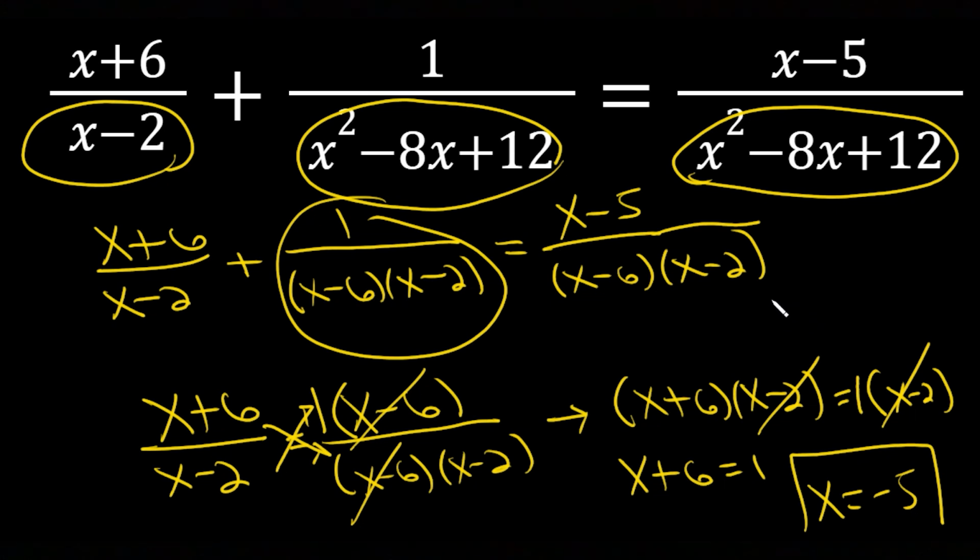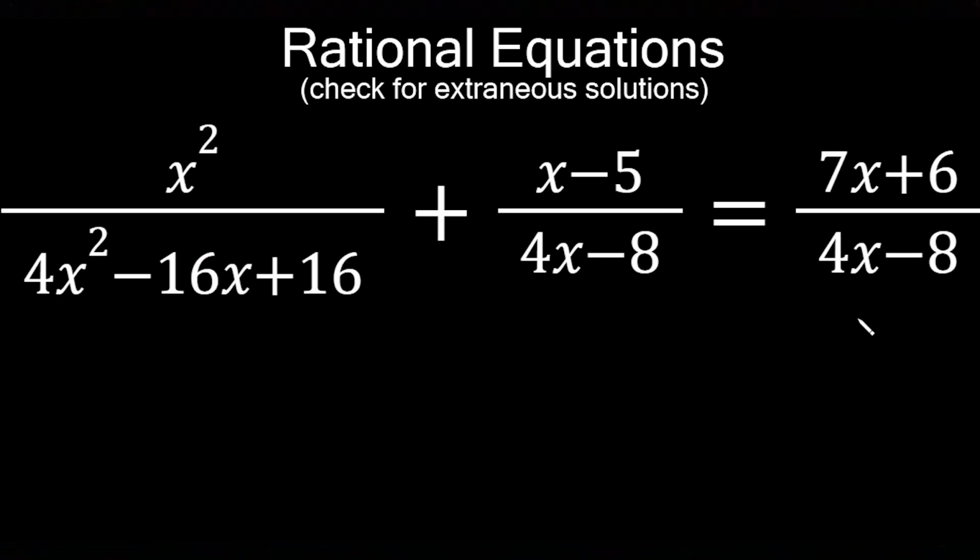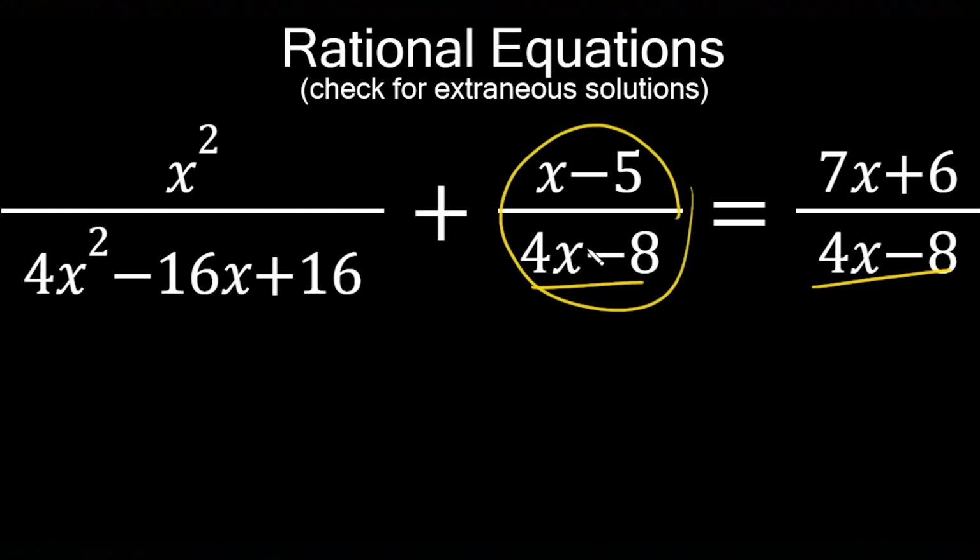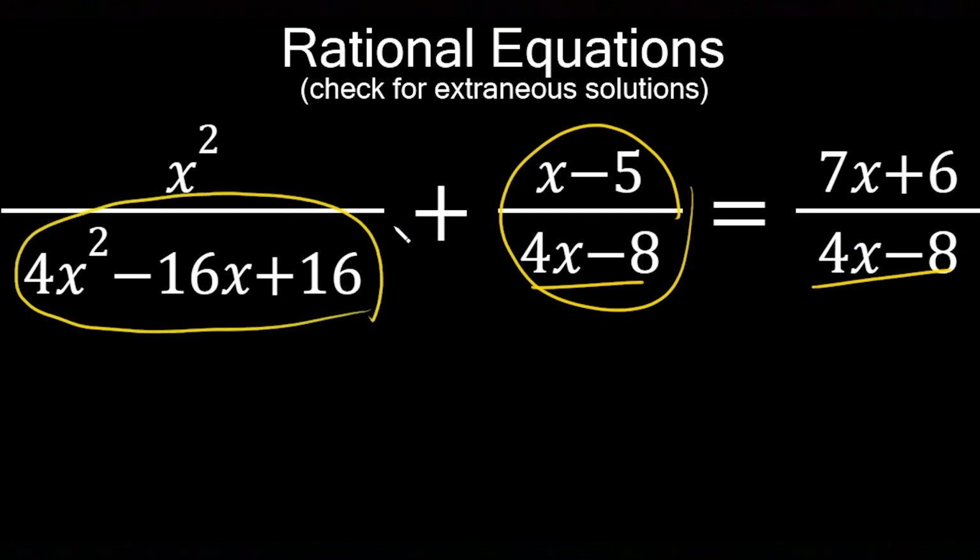All right, let's go ahead and try another example. All right, so here's another example, and again, it's up to you how you want to go about doing the problem. Now, me personally, I see that I have the same denominator here and here, so I'm going to take this fraction and I'm going to move it over to the right-hand side, and I'm also going to factor this quadratic here, okay? Remember, you should always try to factor before you do anything,